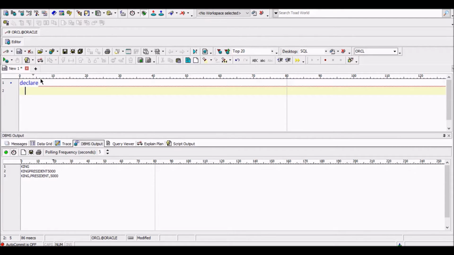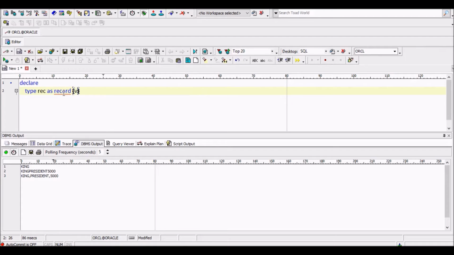I am declaring the declaration section. Next, type. I will give that data type the name rec. Rec is the data type name, as record. So what is it? vname emp dot ename percentage type, comma, vsal emp dot sal percentage type.